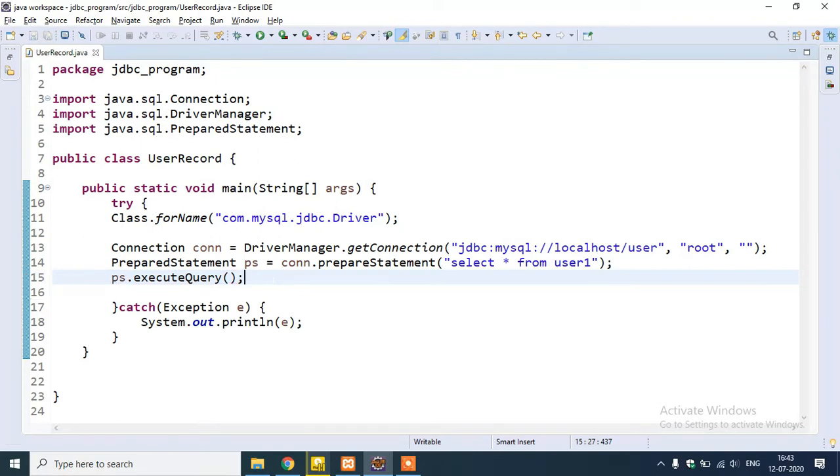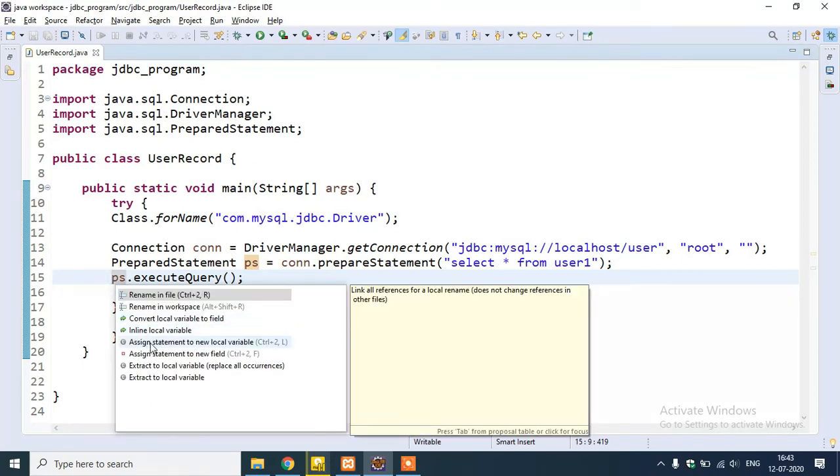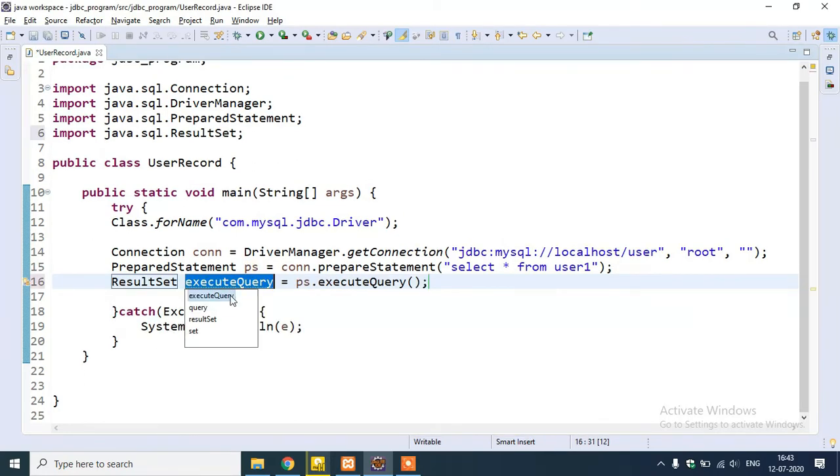Guys, now the question arises: when to use executeQuery and when to use executeUpdate. The executeUpdate can be used when we perform insert, update and delete operations. But executeQuery can be used when we fetch data from the database. Okay, place the cursor over here and press Ctrl 1. You see assign a statement to a new local variable,